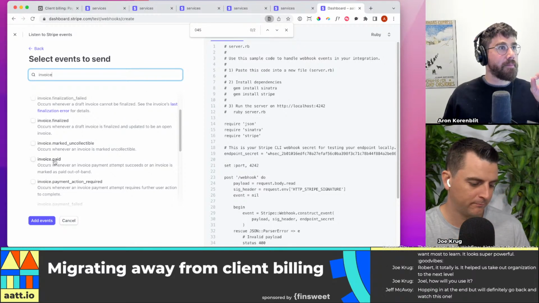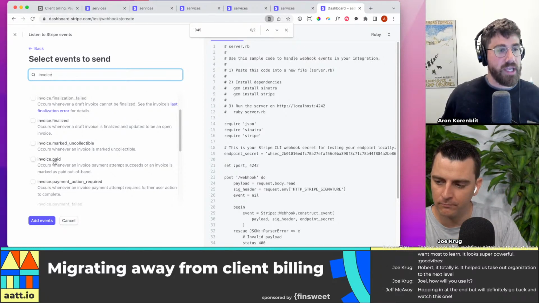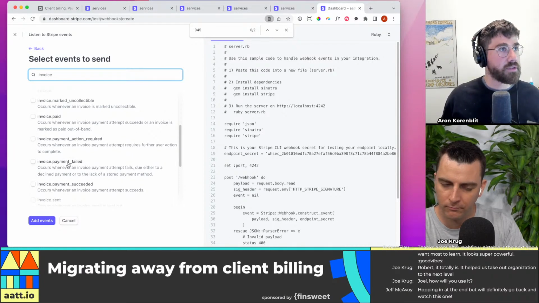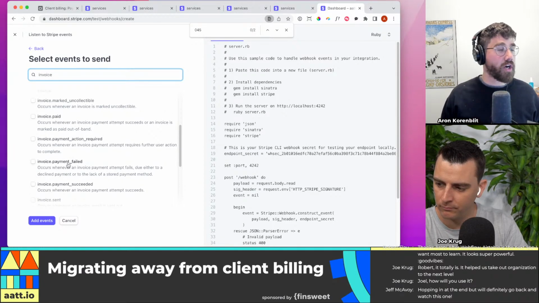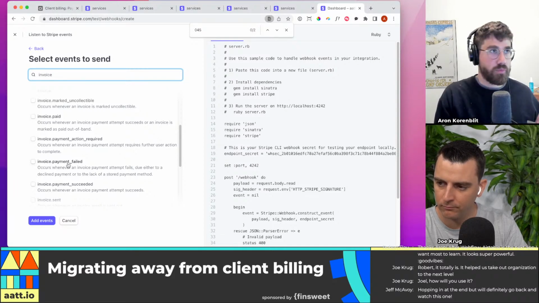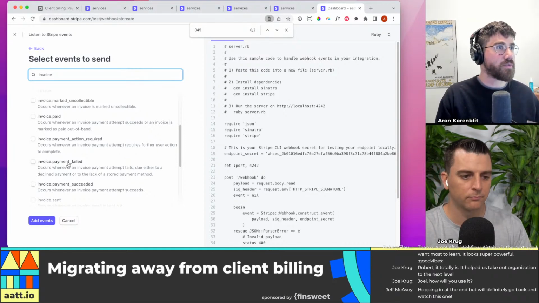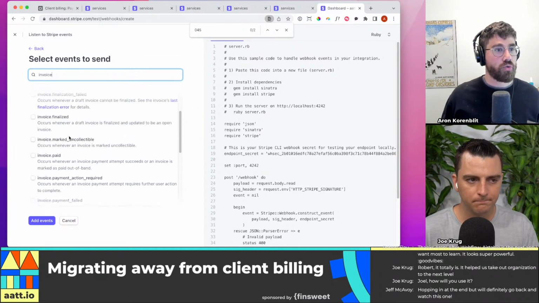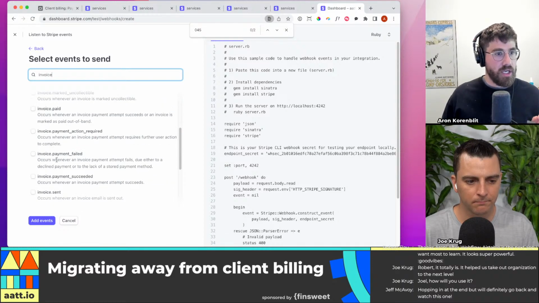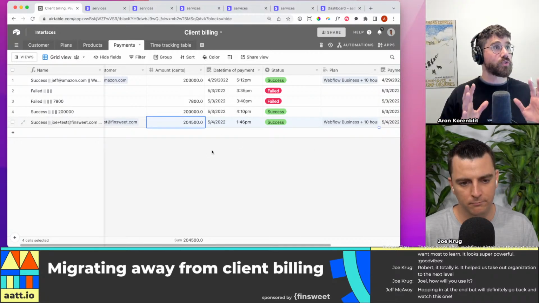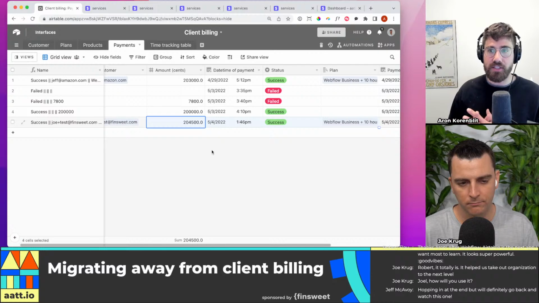That means that monthly payment for Webflow hosting has passed. And then you have payment failed, which means either they had a credit card that lapsed, or they have no more funds, whatever. It's just going to tell you, hey, you need to follow up with this client. So you should create one for invoice paid and then another webhook for invoice payment failed. So you get each one here, and with those three, you should have your 3 use cases covered.